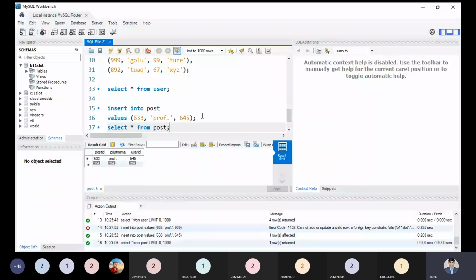Suppose a student with roll number 2022 BAI something wants to, but this roll number was not created in our university database. So how can he or she take the course? The student will come in the next year. So this is the idea about the foreign key.